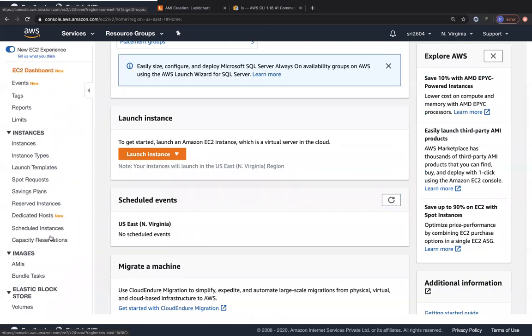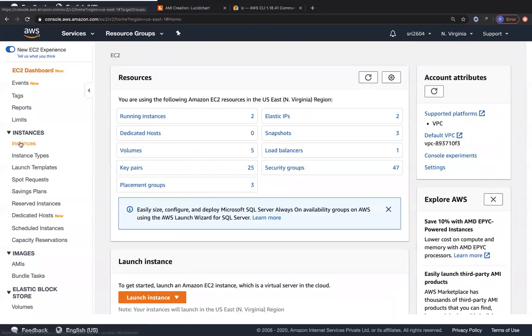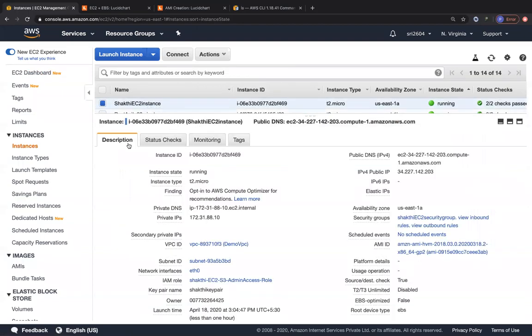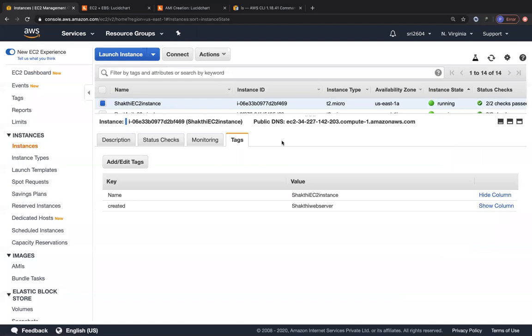My best way of teaching is something that I always love to do, which is to exploit most of these configurations on this side. And also when it comes to instances, exploit all of the configurations that are on top regarding the actions and all that. And even when it comes to looking at an EC2 instance, exploit all of the tabs over here, so that you'll get a really good idea about the different configurations that you can have for your EC2 instance. So I would like you guys to go ahead and launch as many EC2 instances as possible within the next week and get familiar with launching EC2 instances. Probably do it for different flavors of operating system, for Ubuntu or something like that.